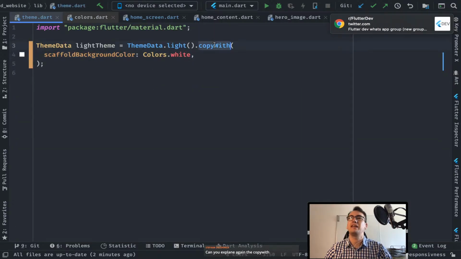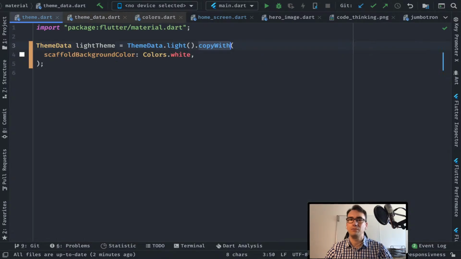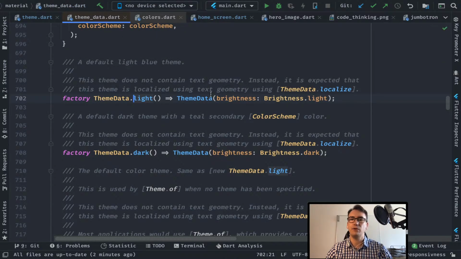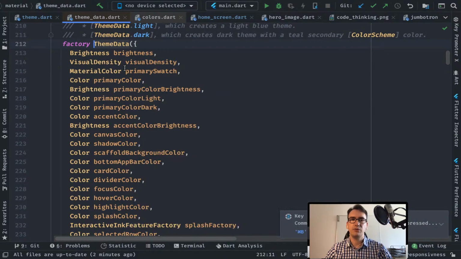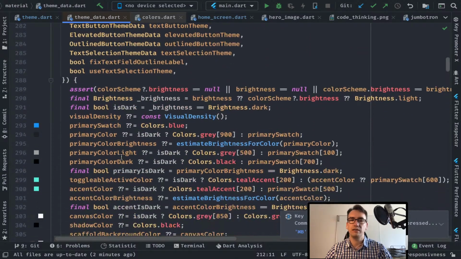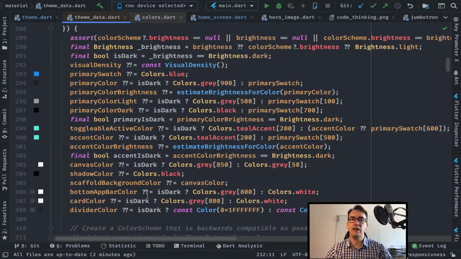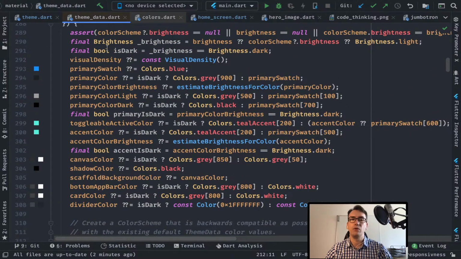Sure, copyWith is a fantastic function which can do a lot for you. So let's jump right into it because that is usually the best thing to do. So you remember that with ThemeData.light, we get a ThemeData that has a lot of stuff already inside. If we jump around a bit, you see that this light part is created with all these values, like focus color, background color, scaffold colors, and so on and so forth. And these are the default values that are set, right? That you don't have to set for ThemeData.light, but that are set for you already from the